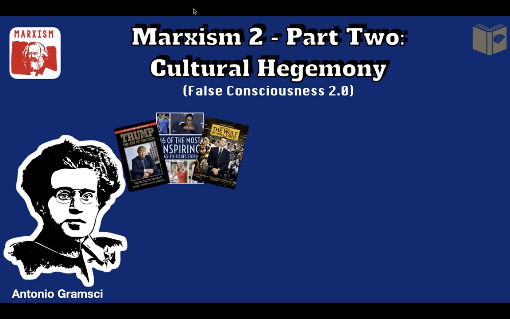Gramsci argued that cultural texts maintain the oppressive structures of the ruling class by naturalizing an ideology which legitimizes them. This might be in books, TV shows, newspaper articles, or even memes. The producers of such texts might themselves benefit from a system. For instance, billionaire media moguls, they might be part of that system. The ruling class essentially then shapes culture, which then supports the base and structures which benefit the ruling class.